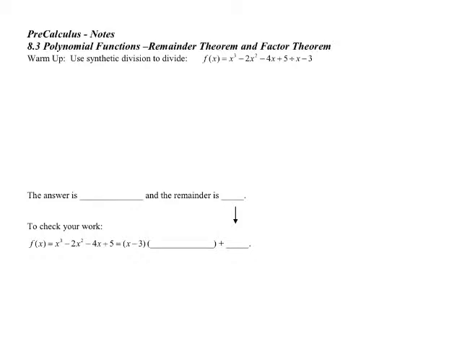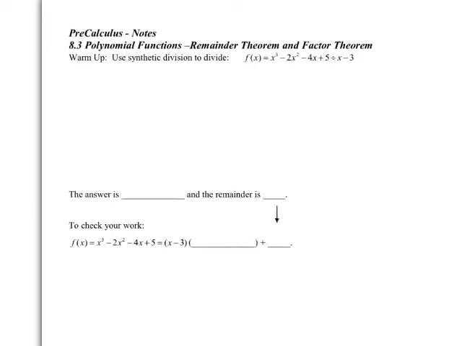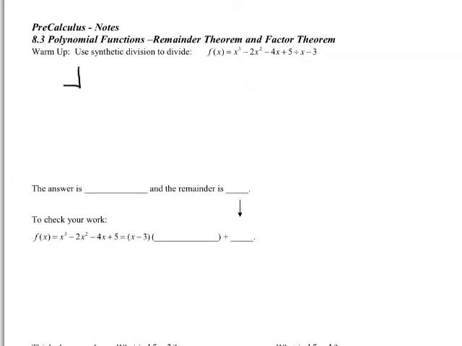All right, so today we're going to talk about the remainder theorem and factor theorem. As a warm-up, we're going to use synthetic division to divide x cubed minus 2x squared minus 4x plus 5 by x minus 3. Synthetic division is the one where you set up this box, and inside of that box it has everything to do with this guy,